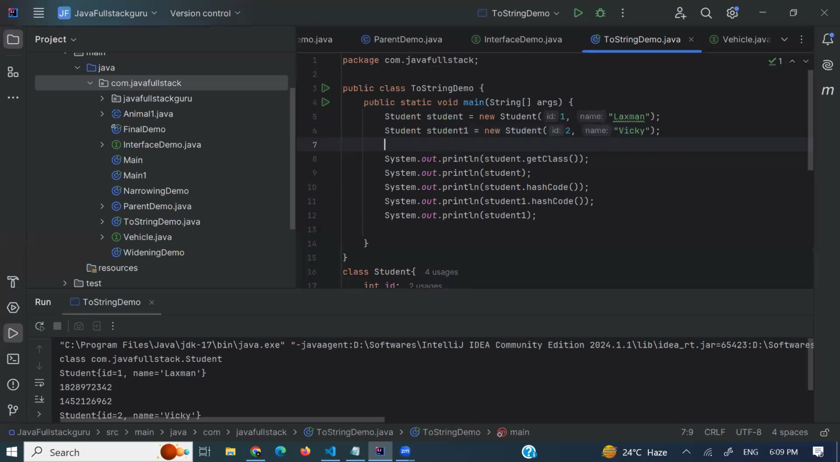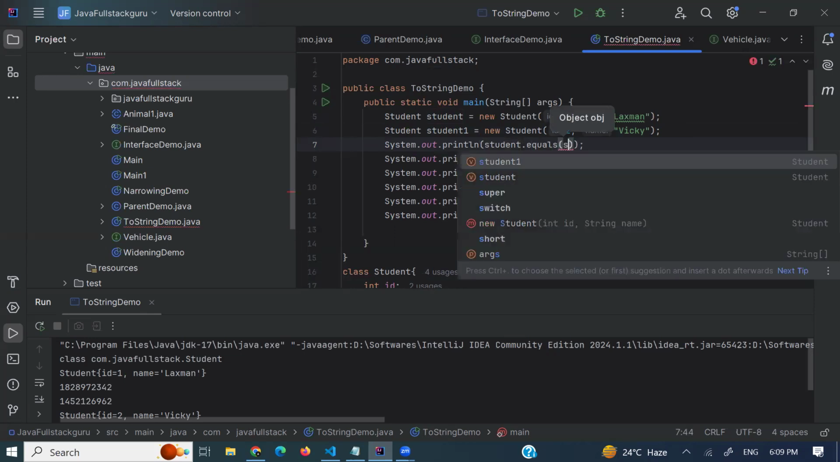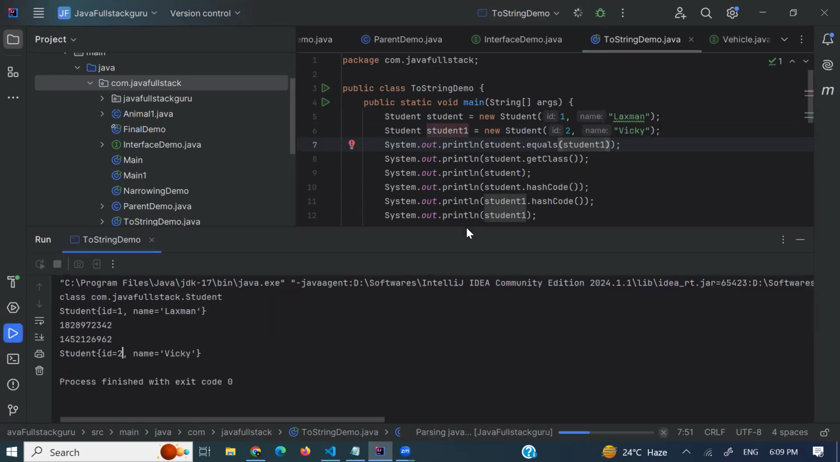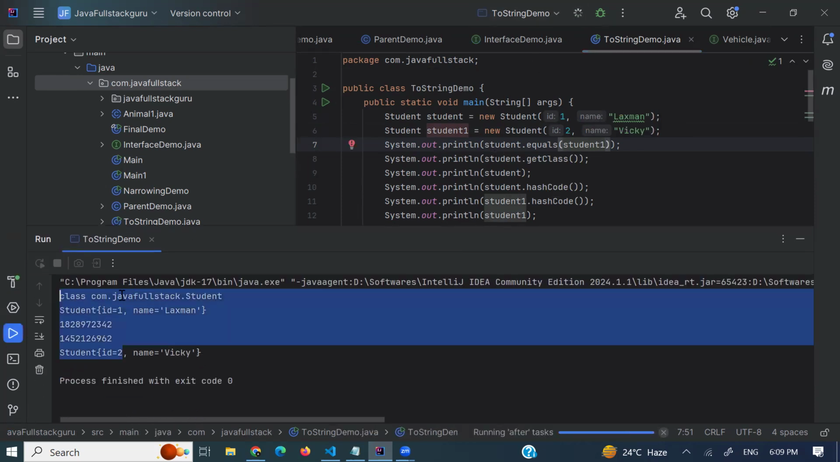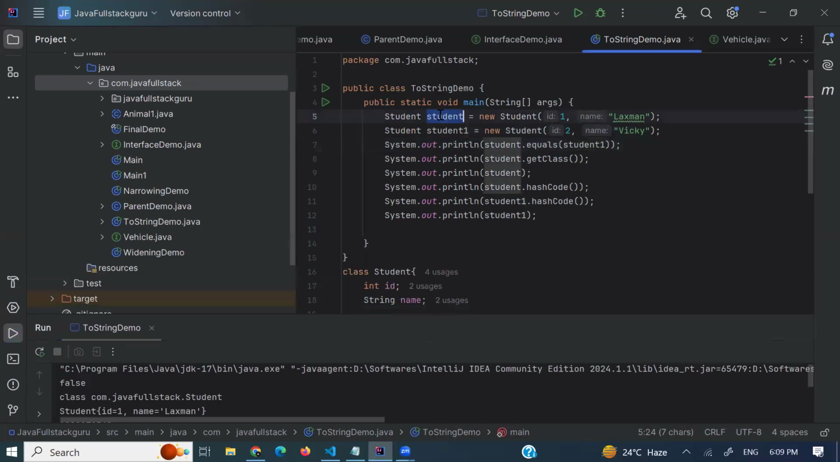Yes, just print student one dot equals student one. Okay, we are just printing true or false. Just run that class. We'll print here before class. The result is false, because this student object contains